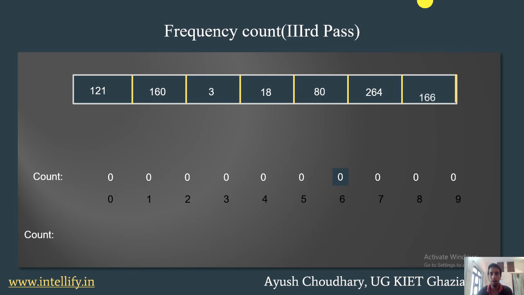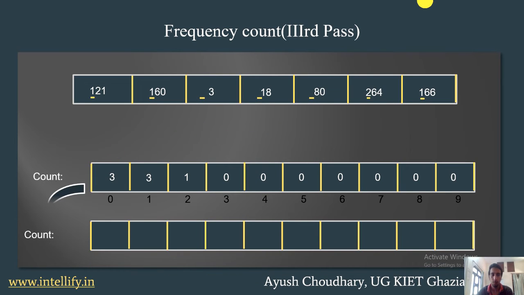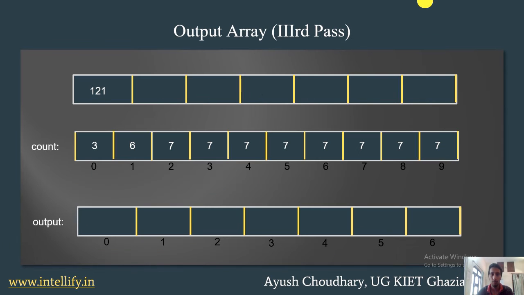Okay, let's see what we are doing in the third pass. Similarly, this time we are taking the 100th place element, and on the basis of that we will sort the array. As we have done earlier, we will do the same way here too. We will calculate the cumulative array, right? After this one, for the third pass output array, we will take the 100 place element.